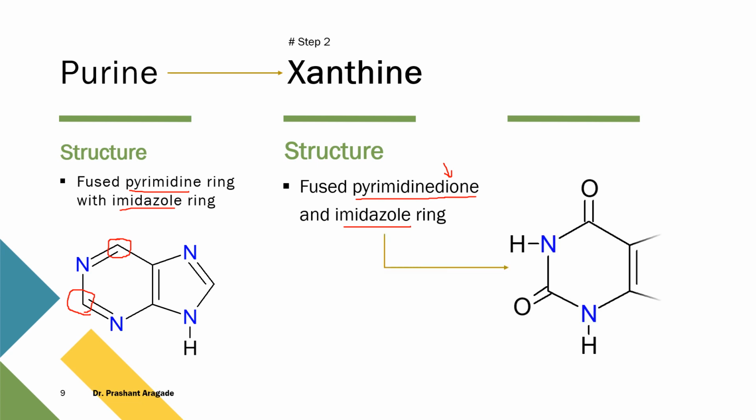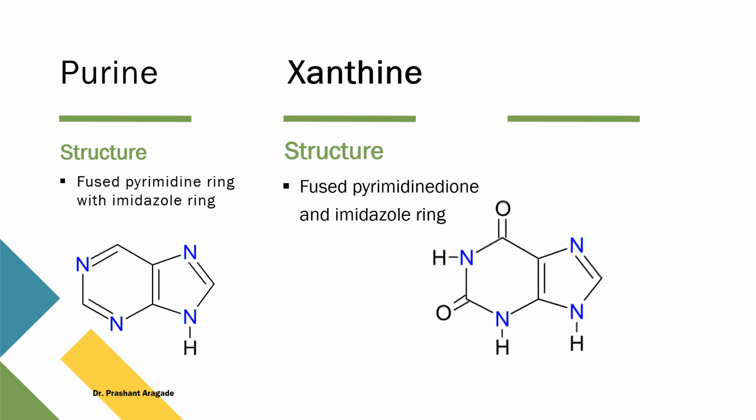So let's do that. See here, there is a double bond O at this position and a double bond O at this position, meaning at position 2 and position 6 there is a double bond O. Because double bond O is added to the pyrimidine, you need to remove the unsaturation from the ring and supply the hydrogen atom to the nitrogen atom like this. So this is how you convert the structure of purine into xanthine, by adding double bond O at position 2 and position 6.